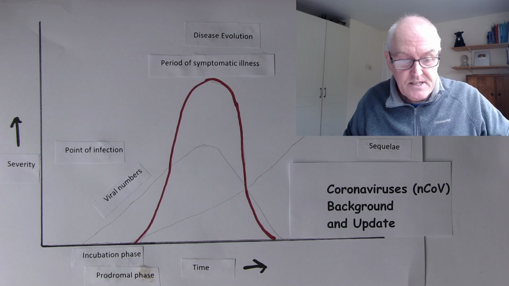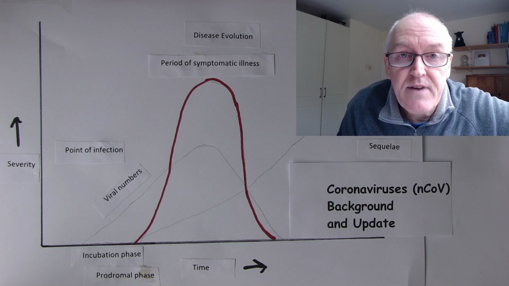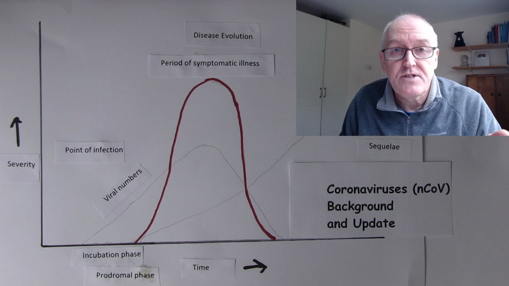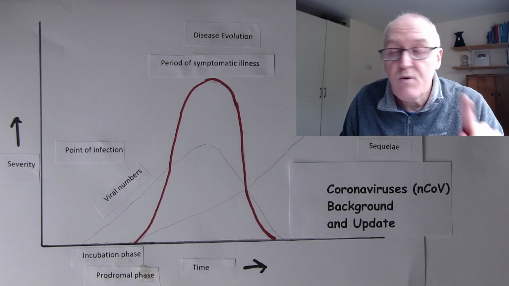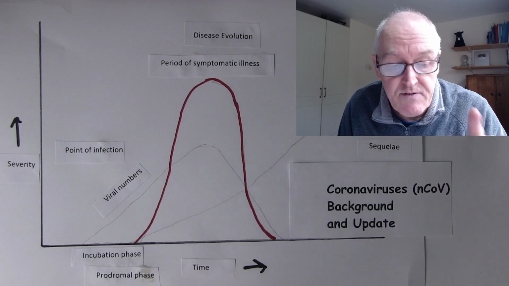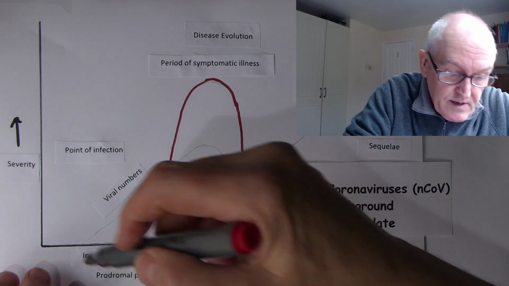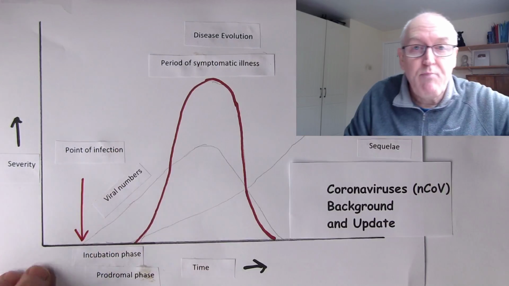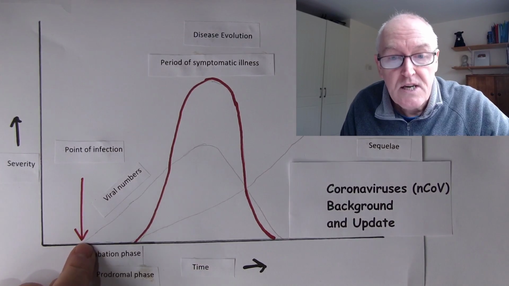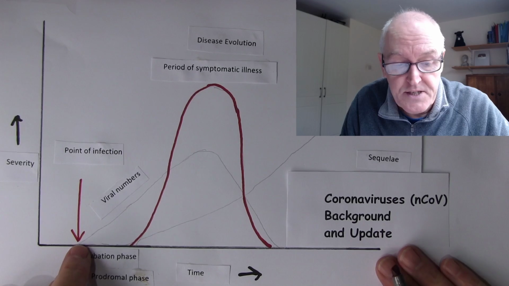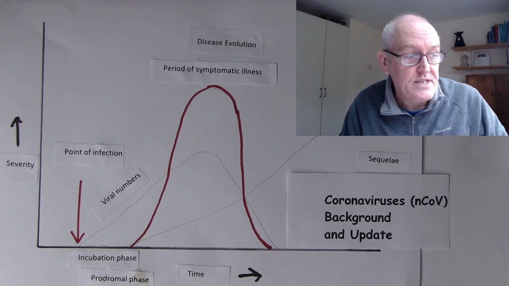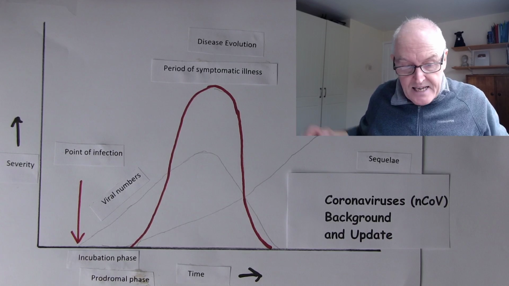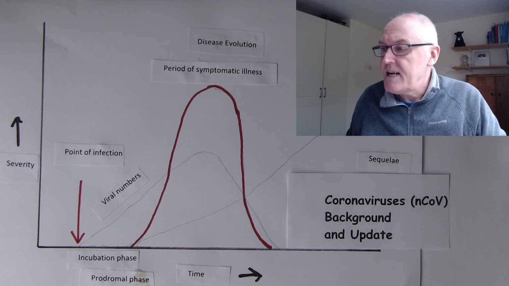But what happens is there's going to be a point of infection. A point in time, the person will have no viruses that cause the disease. A point in time later, they will have the viruses that cause the disease. And that is the point of infection. And that is just here on this graphic. So that is the point where someone becomes exposed to what we call the etiological organism, the organism which causes the infection, the etiology. Then what happens after that is the virus gets into the cells.